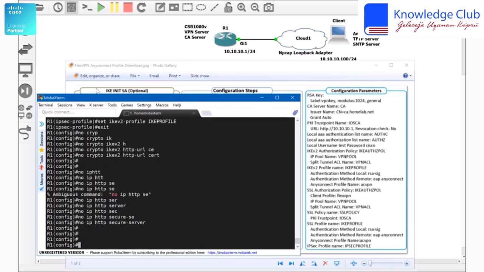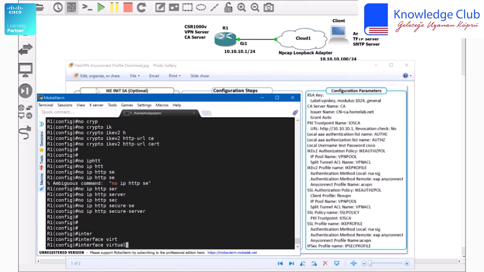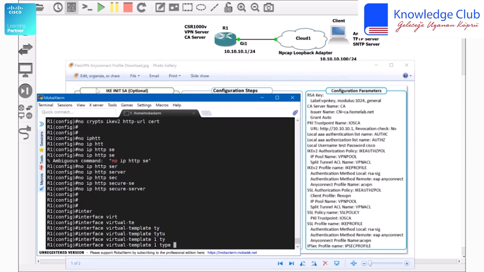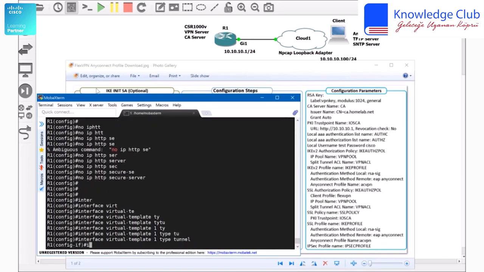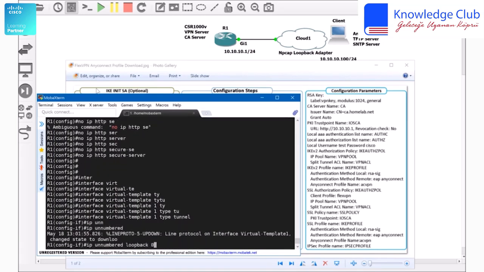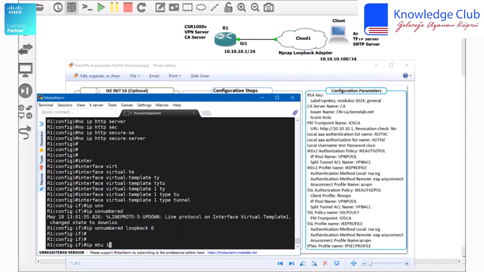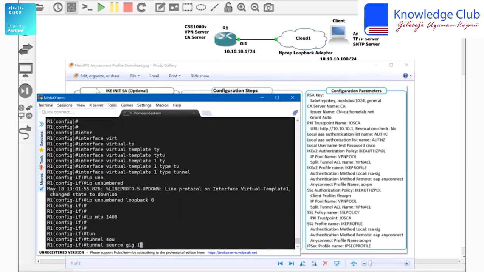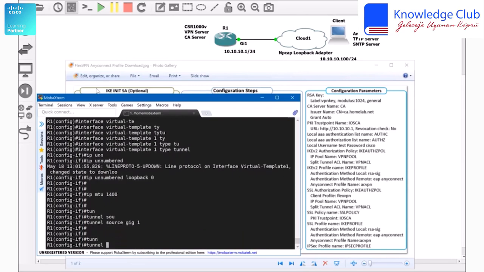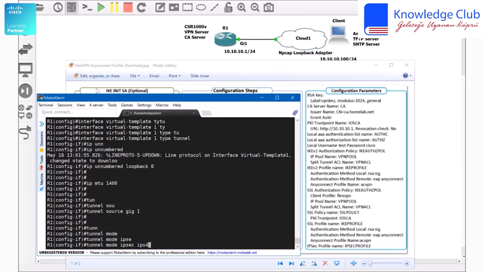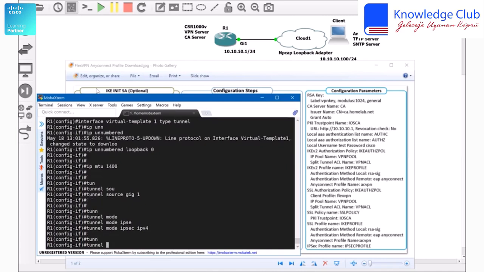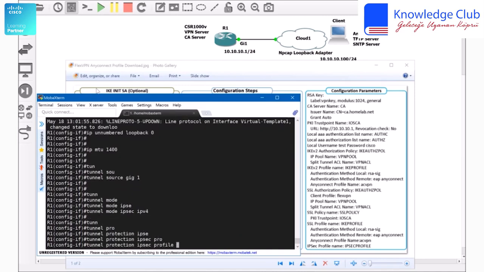Then let's create the virtual template and apply the IPsec profile. Interface virtual-template 1 with the type of tunnel, ip unnumbered loopback 0 that we defined, ip mtu 1400, tunnel source would be gig 1, and of course tunnel mode ipsec ipv4. And finally, tunnel protection: apply the IPsec profile here, ipsec profile